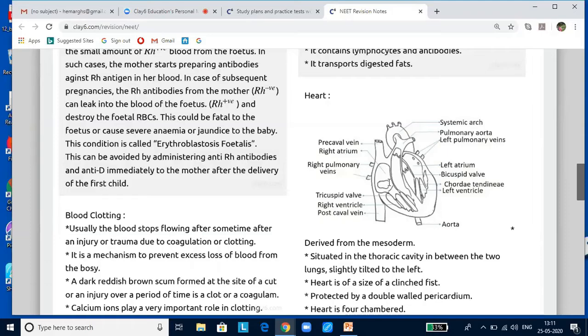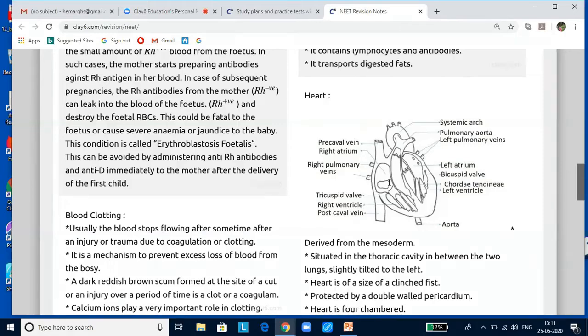The right ventricle gives off a large blood vessel called the pulmonary artery leading to the lungs, which carries deoxygenated blood to the lungs. The left auricle receives oxygenated blood from the lungs through the pulmonary veins. They have no valve. The left auricle opens into the left ventricle by an aperture called the auriculoventricular aperture, and this aperture is guarded by the bicuspid valve. The bicuspid valve prevents backflow of blood from the left ventricle to the left auricle. The left ventricle gives off a large blood vessel called the aorta. It carries oxygenated blood to different parts of the body. The thickest part of the human heart is the wall of the left ventricle.